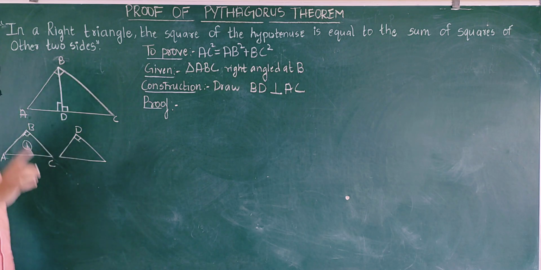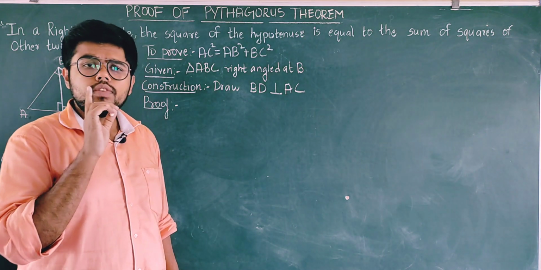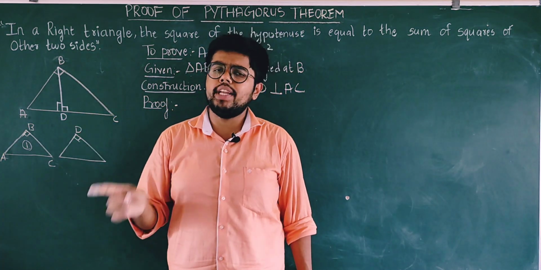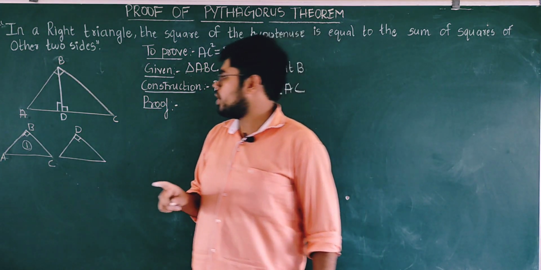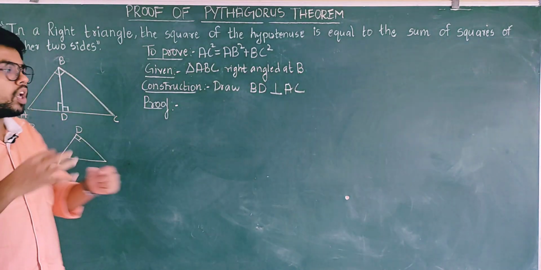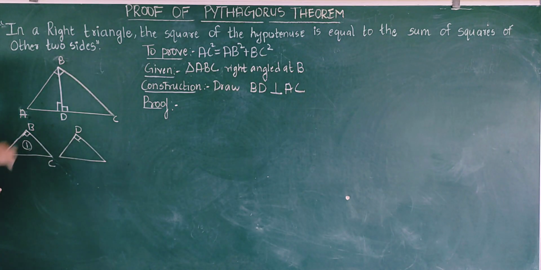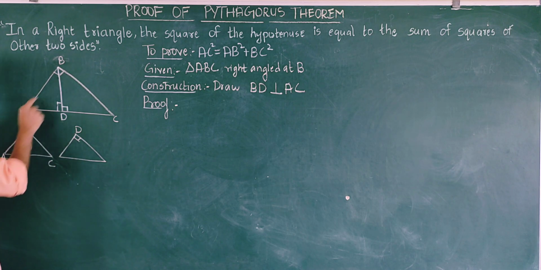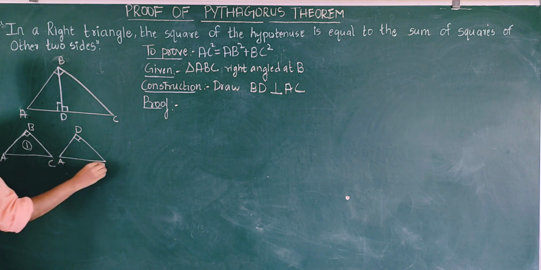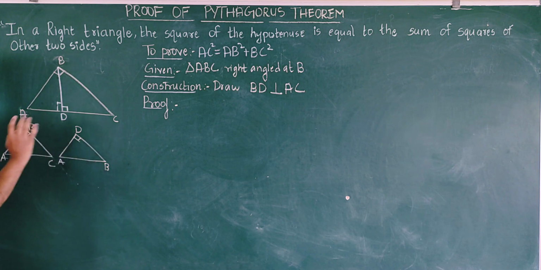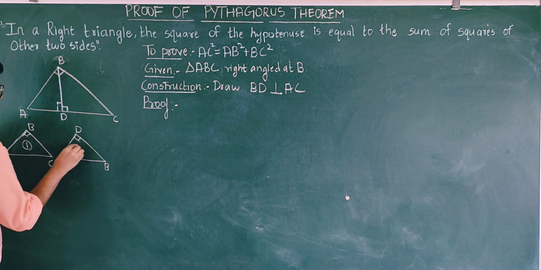Since we are comparing the ratios, many times we make mistakes when comparing. So what I am doing is writing the corresponding sides accordingly. Just make it right or left, it becomes like this. D will go here. What is the remaining side? Remaining is A and B. I will put A here and B here. The remaining sides I am writing. This will be your second drawing.